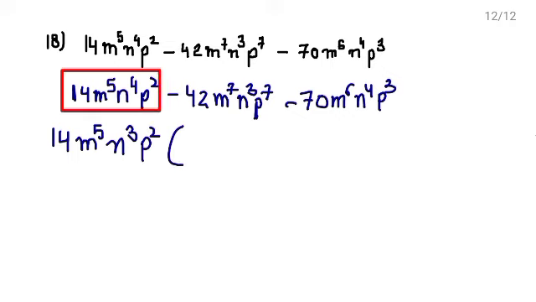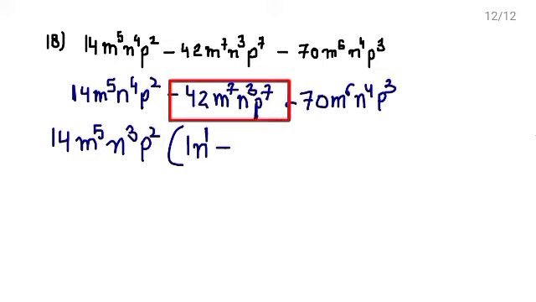Now in this term you have taken 14 outside, so no numerical term is here. अगर आप चाहें तो 1 लिख सकते हैं because 14 ones are 14. m raised to the power 5 was there but you have taken m raised to the power 5. आपने 5 ही थी, 5 ही ली है, so no power of m is remaining now. Clear? n raised to the power 4 was there, n raised to the power 3 you have taken. So 4 power में से you have taken 3 powers outside. So what is remaining? Only 1 power is remaining, right? Next, p square was there and you already have taken p square outside, so no power of p is remaining.